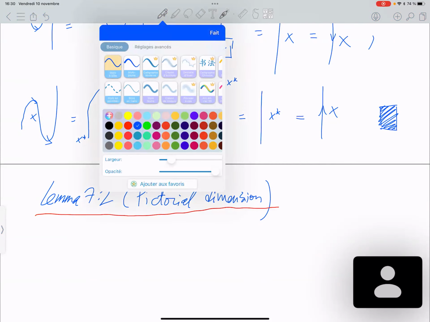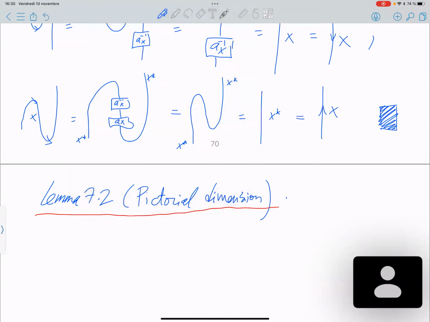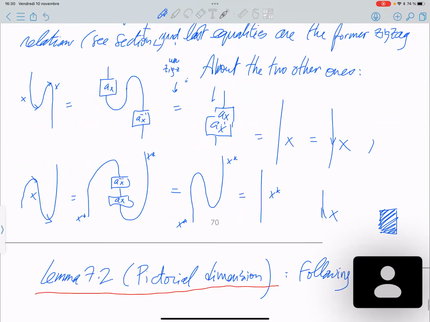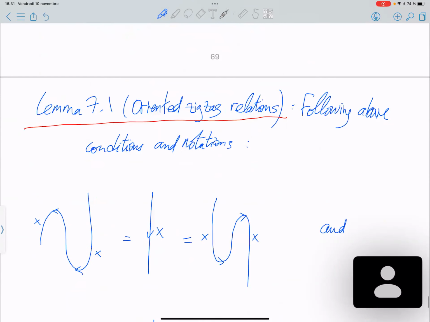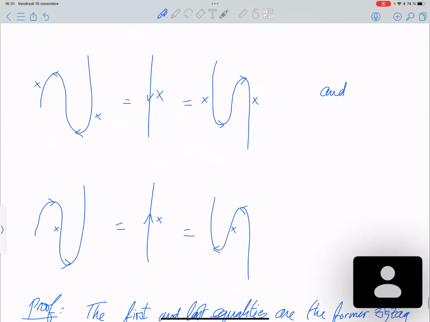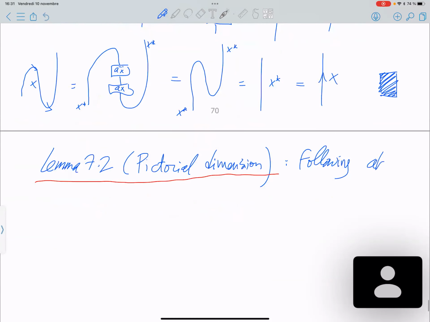Just an oriented circle will be enough. So as before, following the above condition and notation,